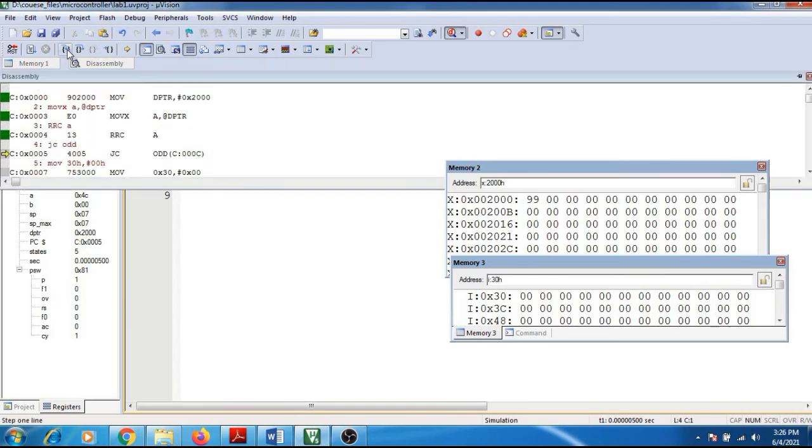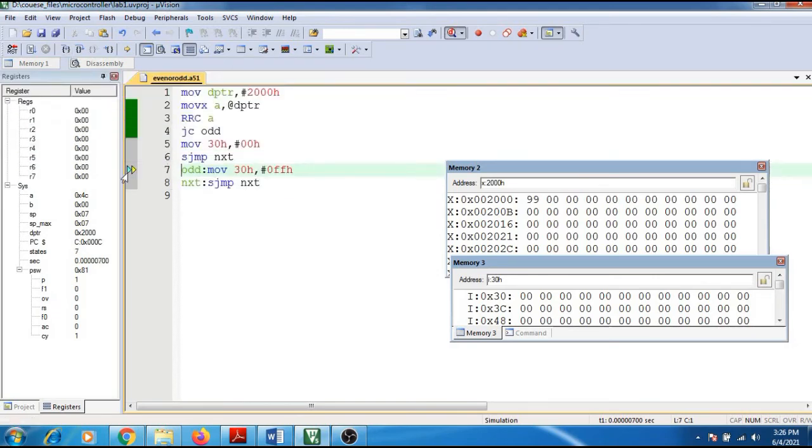So I'll check that. See, the controller is pointing to the instruction MOV 30H, #0FFH. Next we are storing that in 30H. See, now 30H got FFH, right? So next is the end of the program.